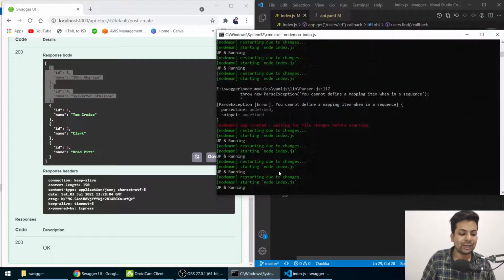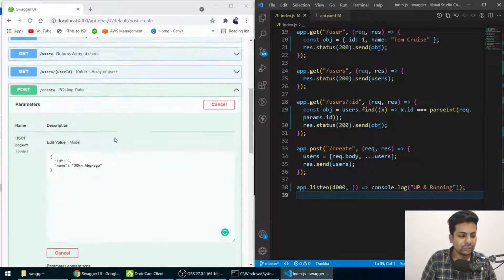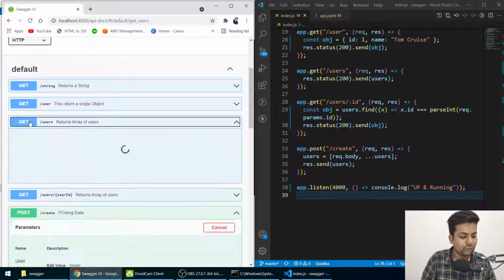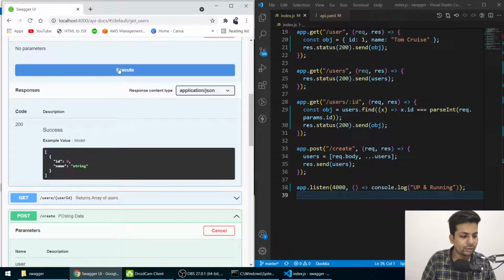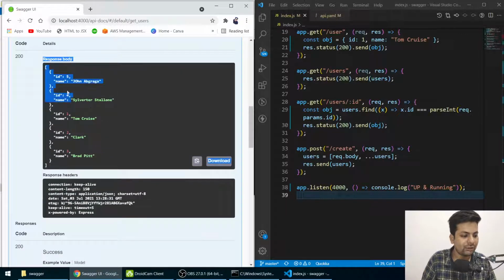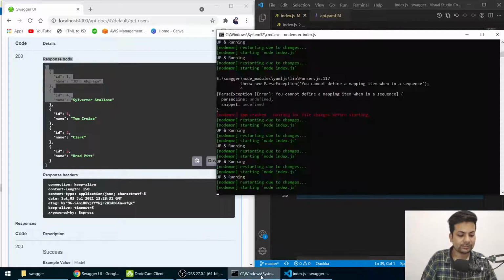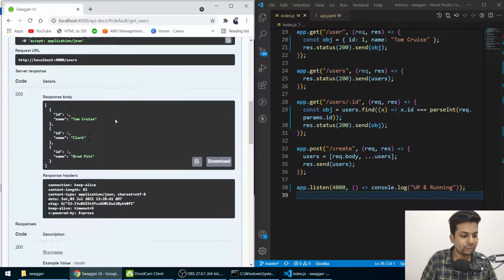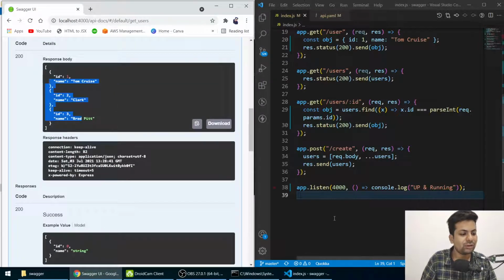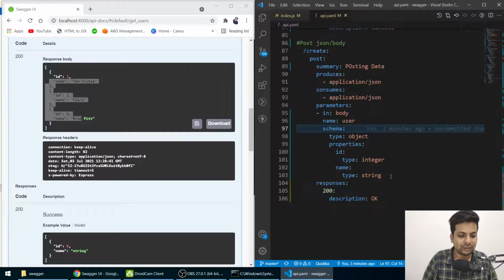It will automatically reload and 4 and 5 will be gone. You can check here users also. Now it will return the whole list. Try it out, execute. Now I'm getting 4 and 5. Now if I do some changes like this and enter, nodemon reloaded. If I execute it again, 4 and 5 are gone because it was in the process only, RAM only. So don't get confused when we go forward.